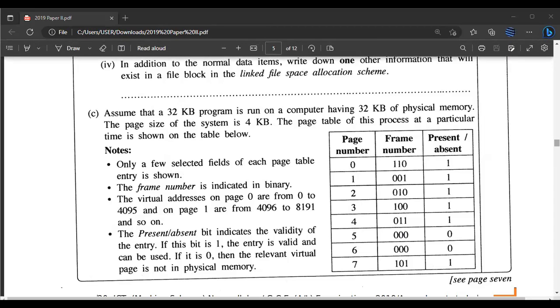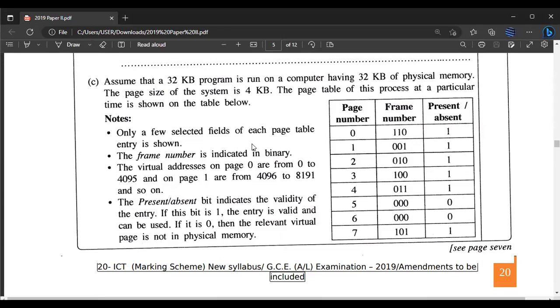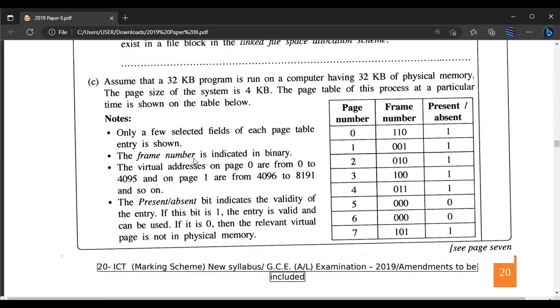And they have given some notes. Only a few selected fields of each page table entry are shown. The frame number is indicated in binary. The virtual addresses on page 0 are from 0 to 4095, and on page 1 are from 4096 to 8191, and so on. The present or absent bit